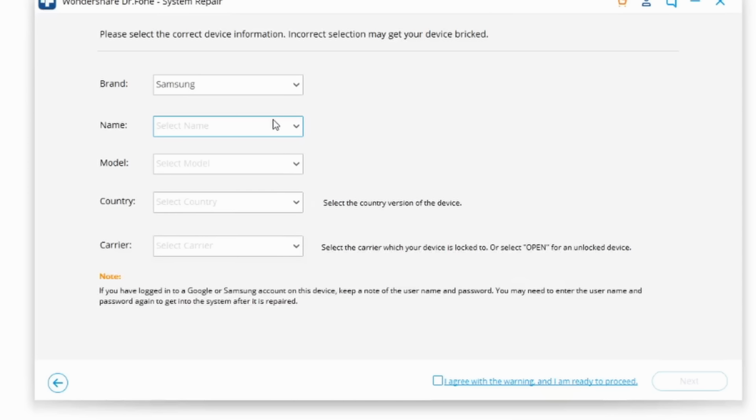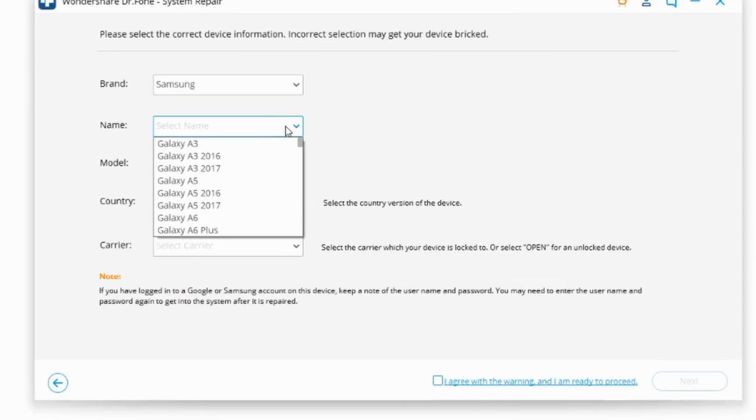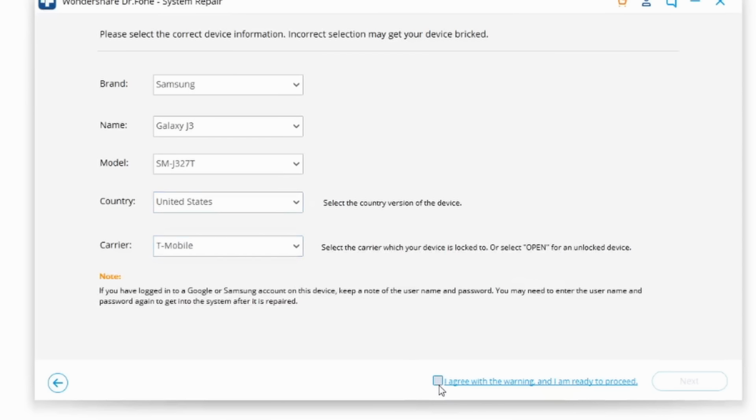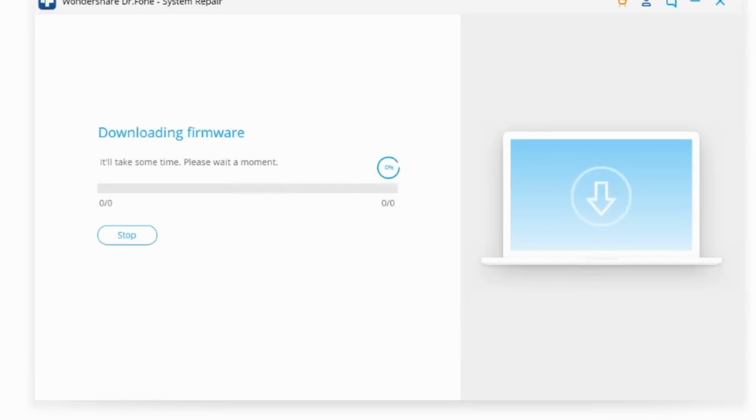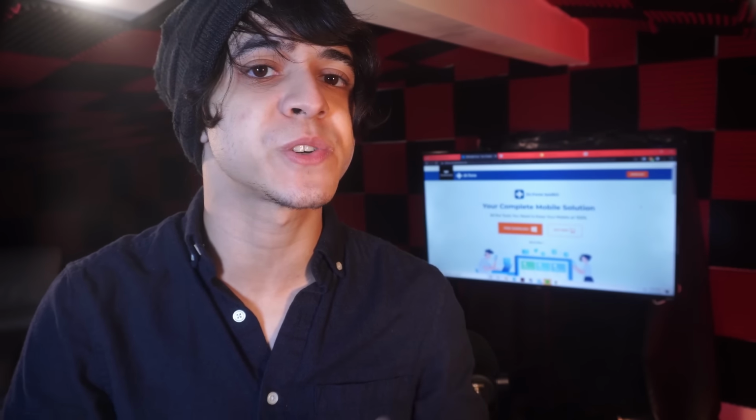Now go over the device information window. Just make sure that all of this information about your device is correct before initiating the download, and then click on the next button in order to move forward from there. And if it asks you to put your phone into download mode, it'll give you the instructions right on screen, which are going to be very easy to follow in this instance. And once your phone enters download mode, if needed, click on the next button in order to begin. It's going to verify your device right after the download, and then finally allow you to finish the installation. And once that's done, your phone should be turning on again.